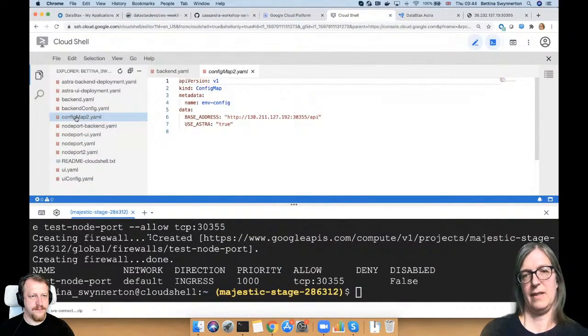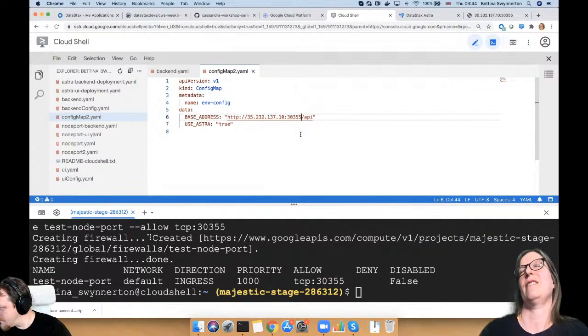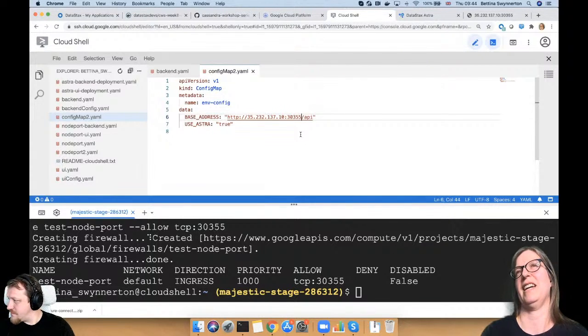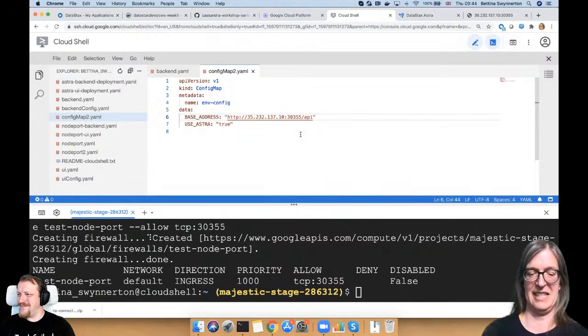We just specify the right IP address and the right port, and we use this as the base address. So in the architecture of our UI, this is essential. We need to set the base address to the externally accessible API address, right? So this is non-negotiable, the way this is designed.